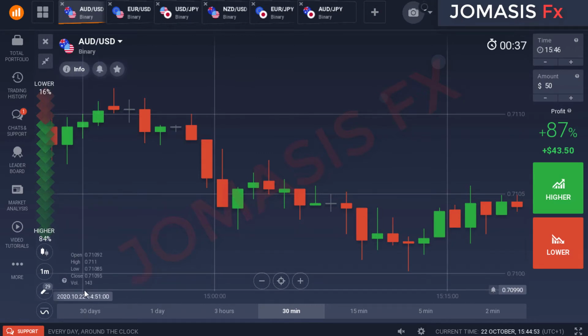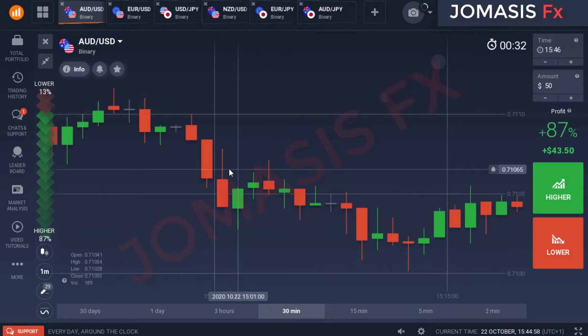I want you to watch this, please. You see volume here, below the chart. Now, this is a 1 minute candle. If you place your cursor on this red candle and look at the volume, that's 196. What that is simply saying is that there were 196 transactions within this 1 minute candle. So many traders entered trades, up to 196, before this minute was over. That's the trade volume.